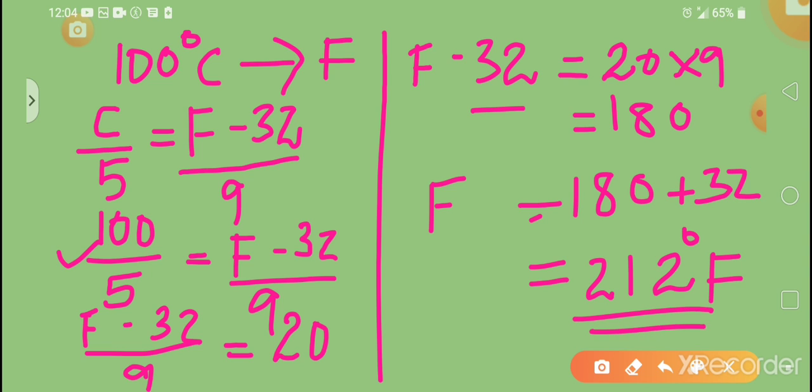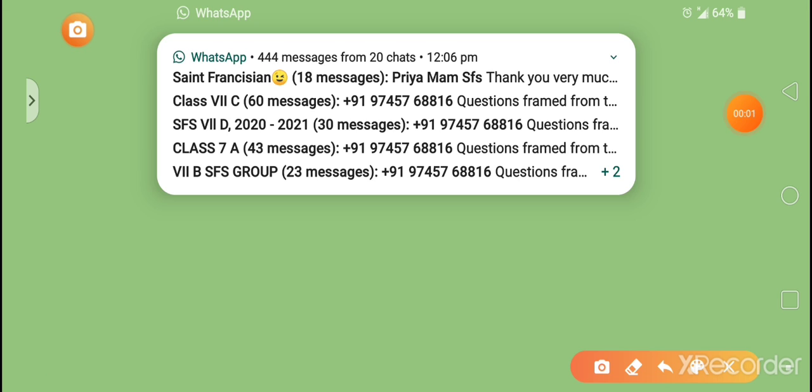So what is the temperature on the Fahrenheit scale? 212 degree Fahrenheit. That is 100 degrees Celsius. 100 degrees Celsius is equal to 212 degree Fahrenheit. Okay. The next example is to convert the temperature of water at 30 degrees Celsius